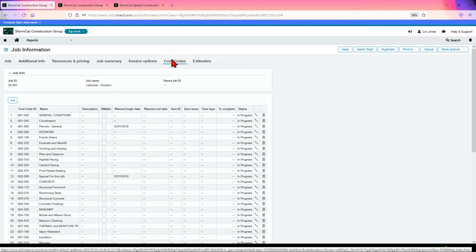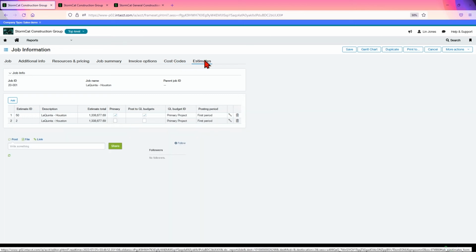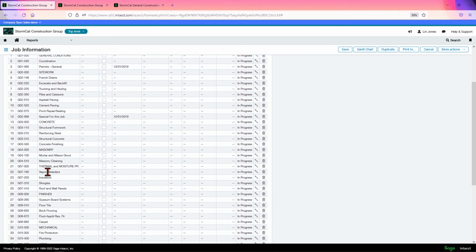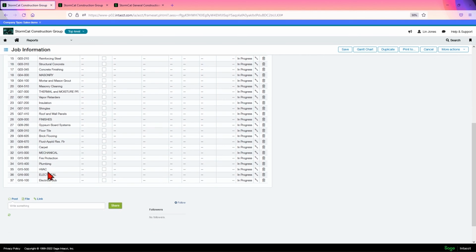Now this one, because it's already built out, has cost codes. You will add this in when you create one. And you also have your estimates if you have any for it, which you should. So this will be something that you'll have to add into it once you create the job. You'll create the job, save it, then you'll come in and you'll add your cost codes. In the next video, we will talk about cost codes, and after that one, we'll talk about cost types.